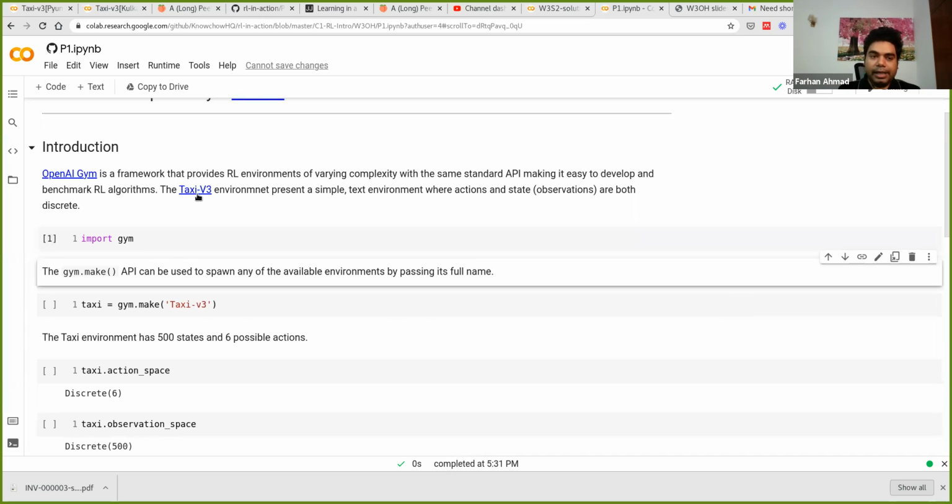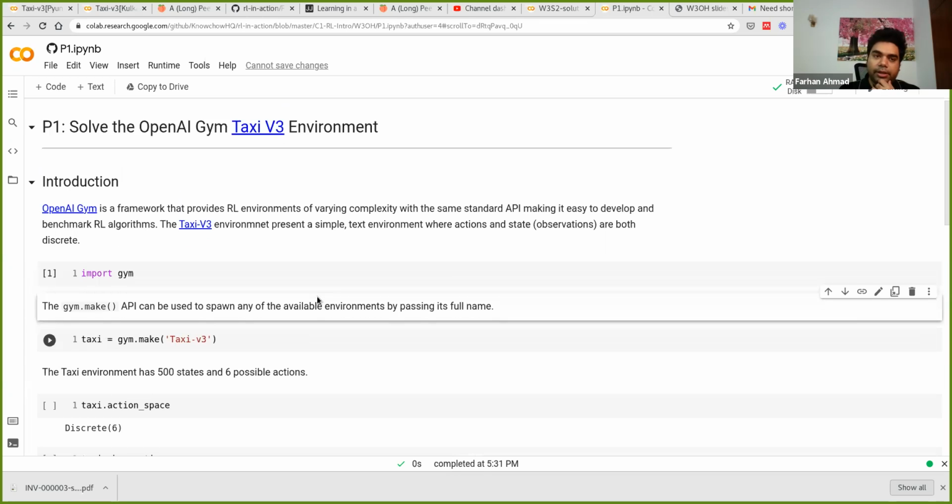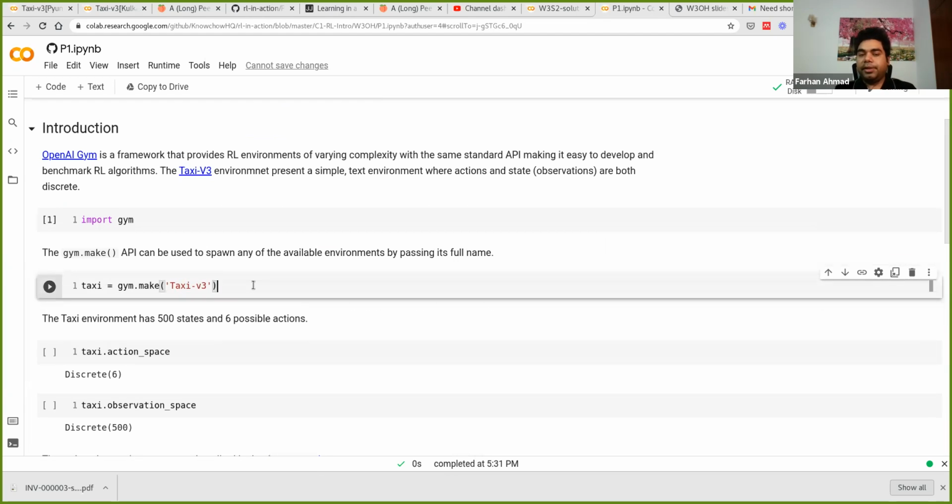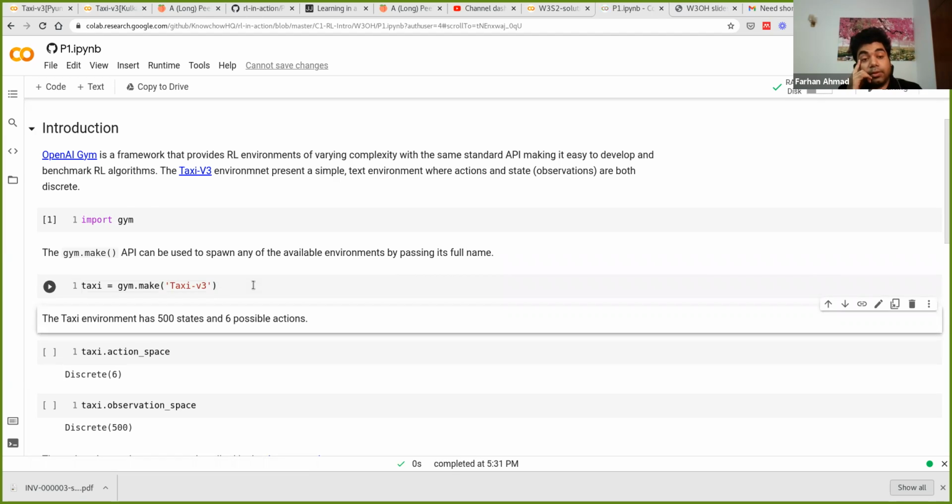I have linked the environment over here. You can read more about OpenAI and Gym here, but basically it's already imported and installed in Google Colab, right? So you can directly go ahead and import it. Then the way you create an environment is by calling this gym.make method, which is like a factory method. So instead of directly calling the initializer or the constructor for the class, this is the right way to do it. So you do this,